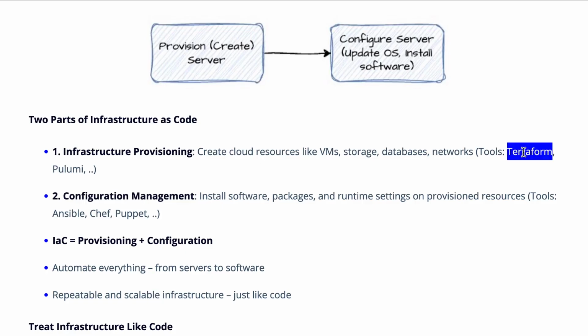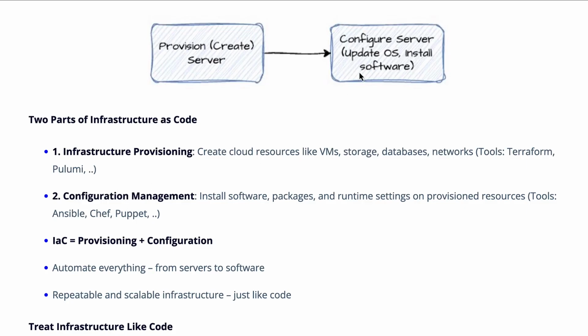In Terraform, we use a language called HashiCorp Configuration Language. However, when you're using Pulumi to create resources in the cloud, you're writing code in programming languages like Python. There are a lot of other programming languages which are supported by Pulumi as well. So you can use Terraform or Pulumi to create resources in the cloud to do infrastructure provisioning. And you can use tools like Ansible, Chef, Puppet to do configuration management.